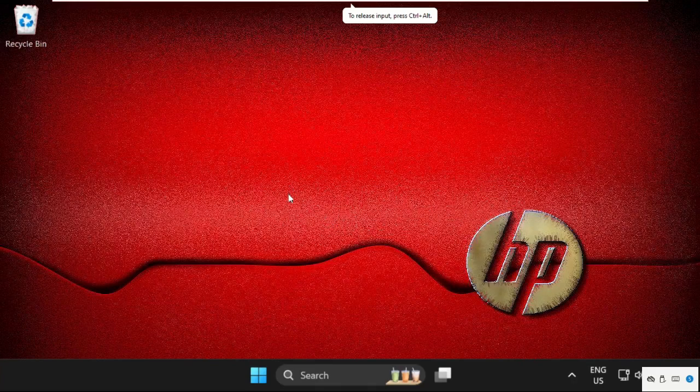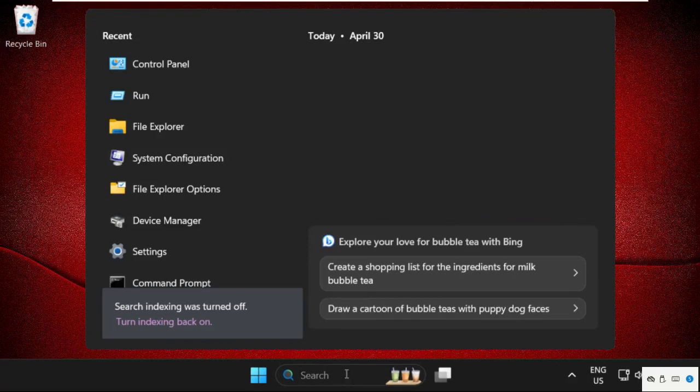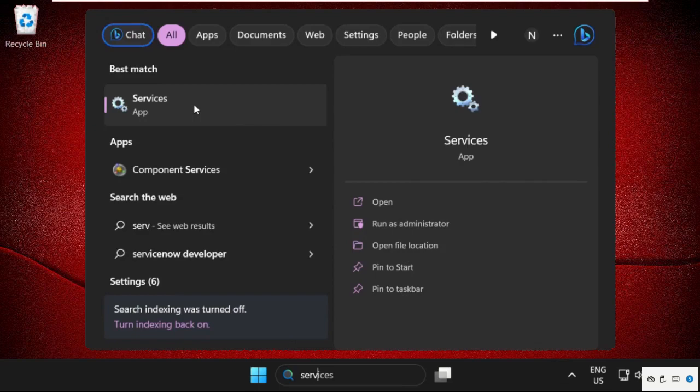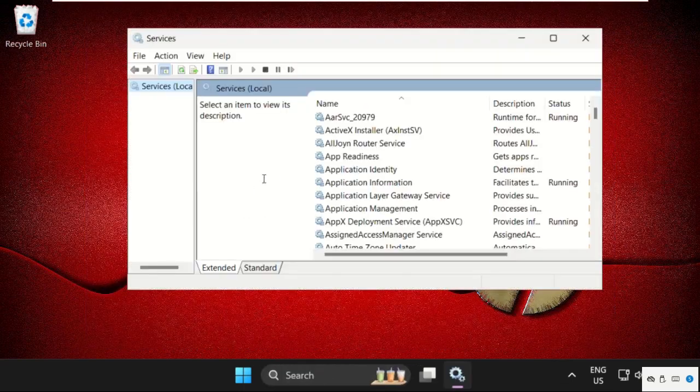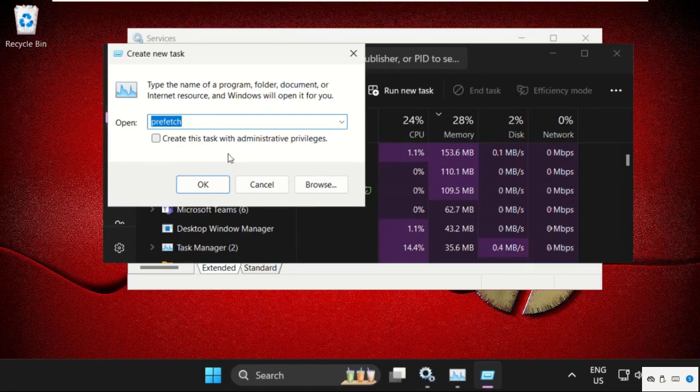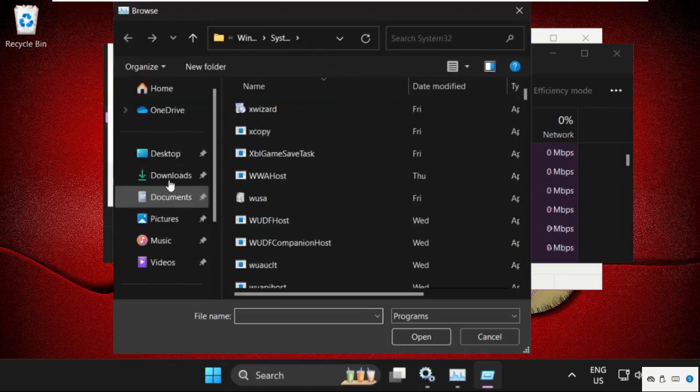Hey guys, I'm going to show you how to fix this problem on Windows 11 operating system. In the first step, simply type in services and from the search bar click here to open it. Then simply right click here, select task manager, then click on run new task, then click on browse button, go